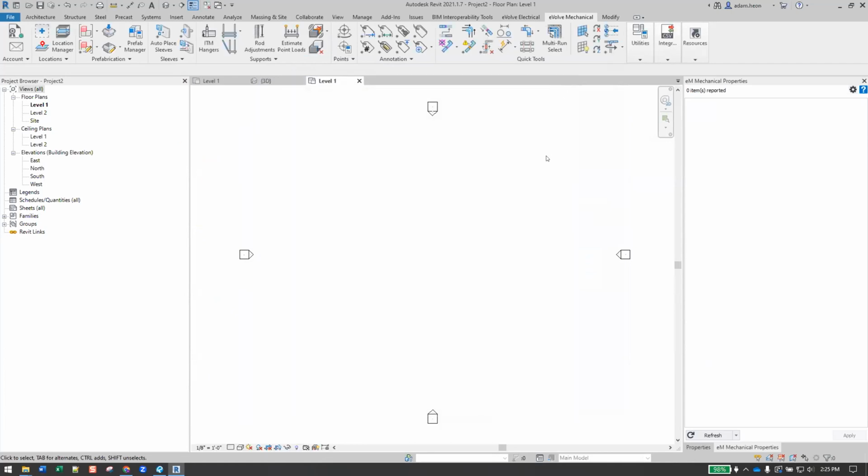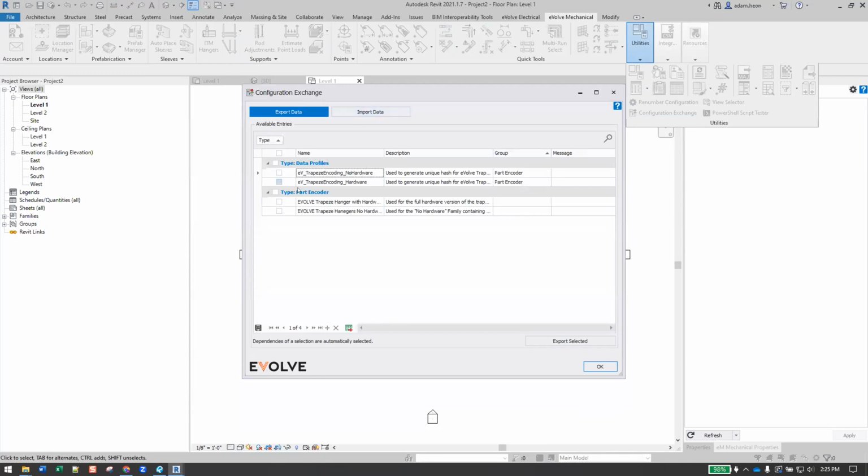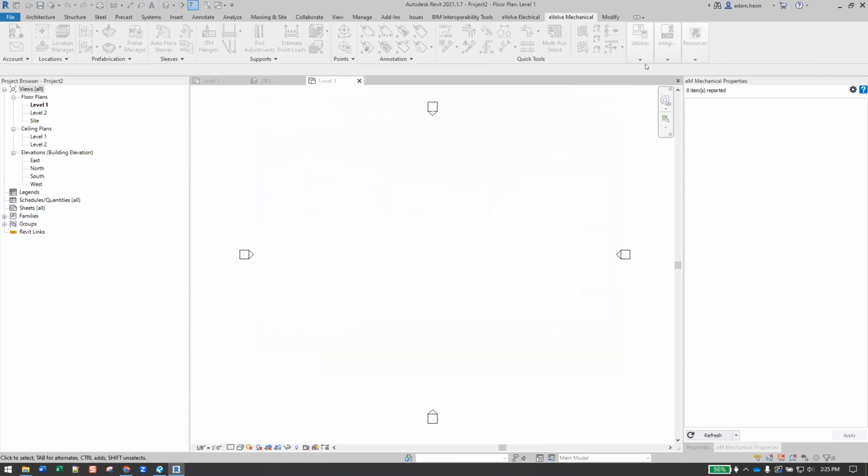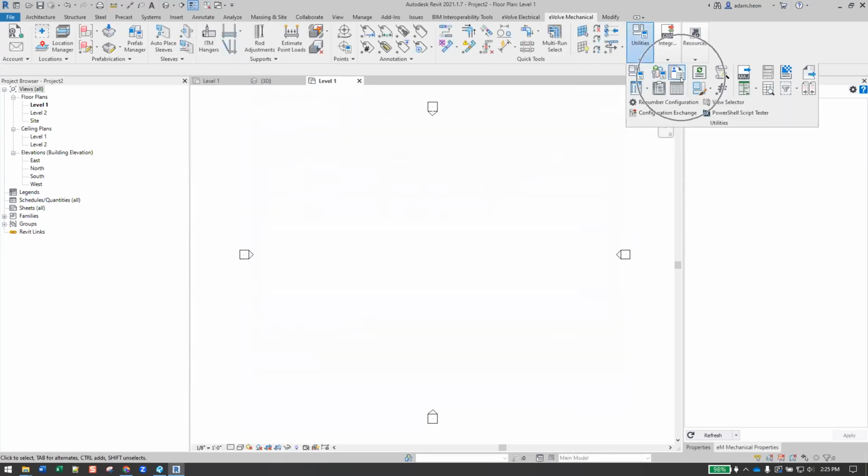Now, that's pertaining to project level configs. You also have other types of configs that this doesn't apply for, which basically is anything that the configuration exchange can utilize. So another layer to this is if you want to use tools like data profiles, for example, parameter sync,